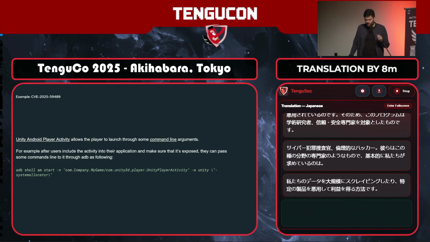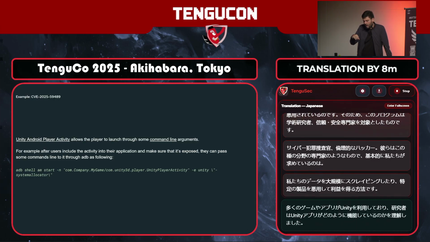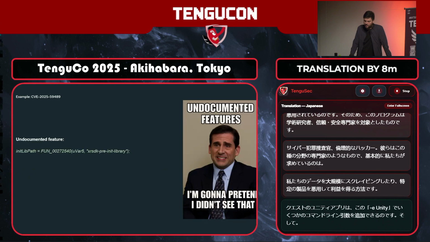The researcher figured out that Unity apps in Quest could add some command line arguments with this -e Unity extra, where you put your command line arguments. And looking into it, they found that